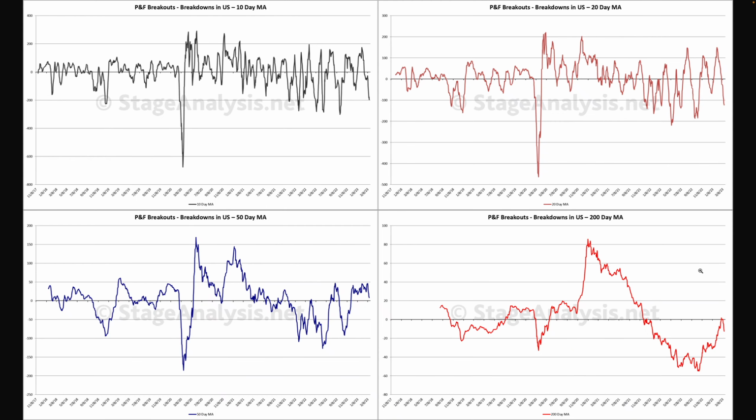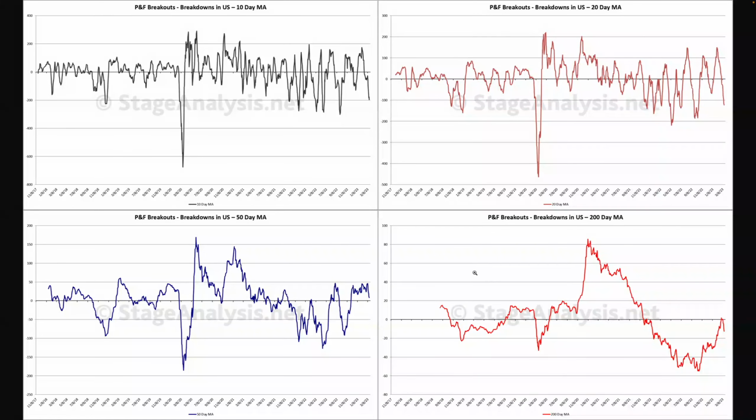This is the momentum indexes for the point and figure breakouts minus breakdowns with a 10 day, a 20 day, a 50 day, and a 200 day. So you can see the 10 day back in the lower zone, the 20 day in the lower zone, the 50 day reversed lower, but still above its zero line. And the 200 day reversed recently and is still holding below the zero line. But we did have a change of behavior back from the October low into the February high there. So we have seen a short-term change over what we've seen over the last year or two there. So starting to look a little bit more positive, but it could easily get negative again here